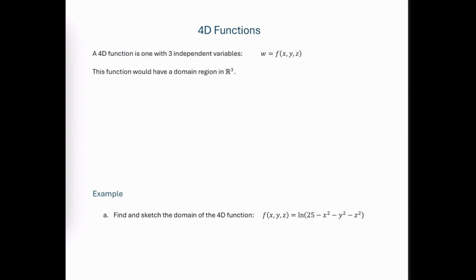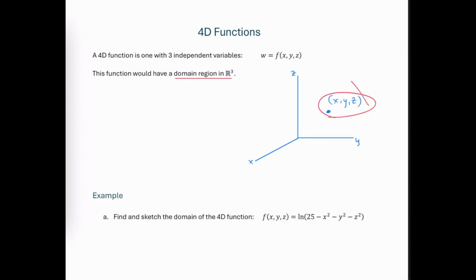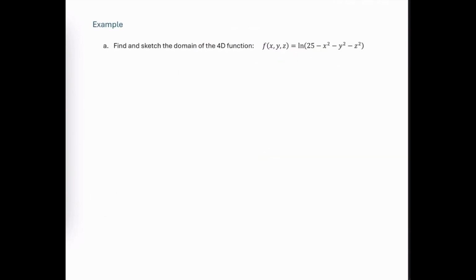A 4D function is one that has 3 independent variables. So the domain of a 4-dimensional function is going to be a region in 3-dimensional space, an x value, a y value, and a z value in 3D space that gets plugged into a function and has an output that is some range element. So here's an example of a 4D function, and we're asked to find and sketch the